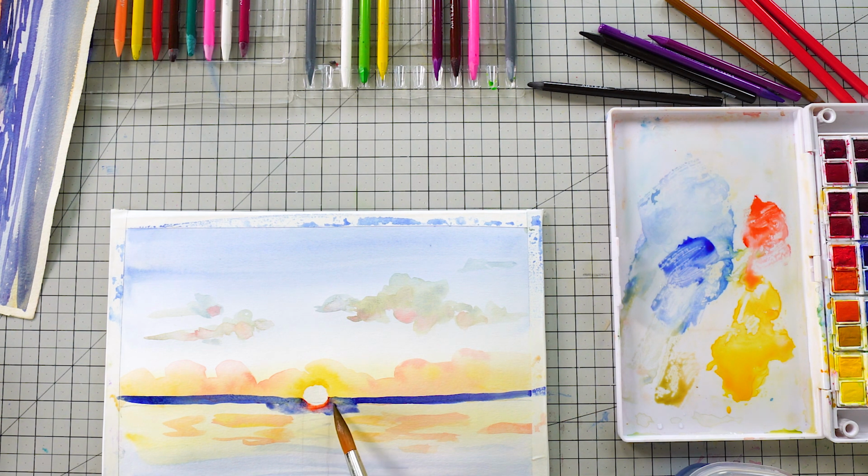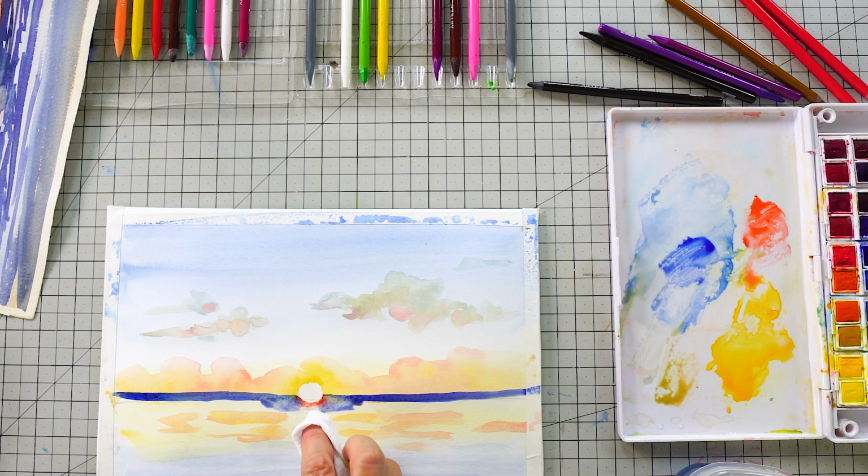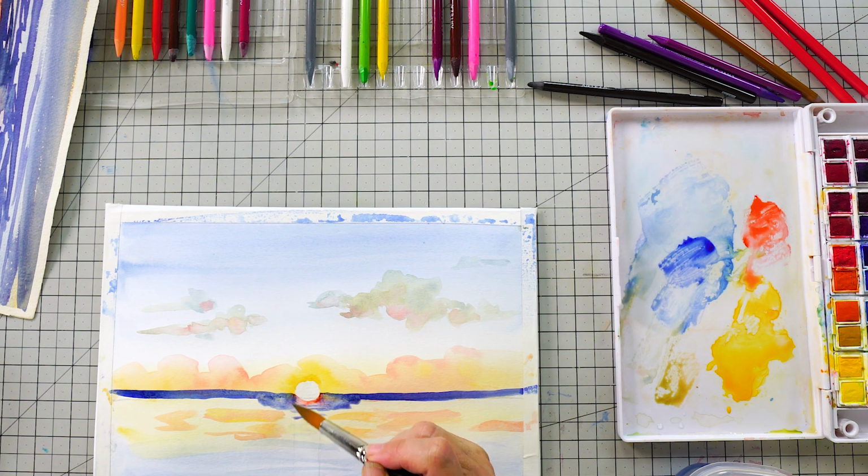But I only want a little tiny bit of that red because where the sun is a reflection. So I don't want that to be filled in. So it's just kind of tinging the blue where it was. You can sort of see that. And I can put a few lines over that to help understand that that's where the lines of the ocean